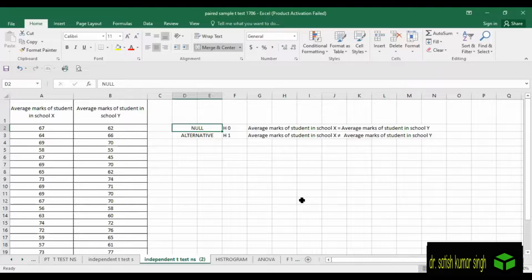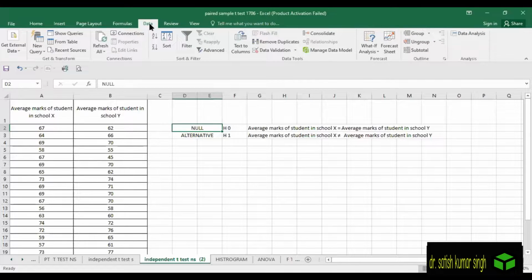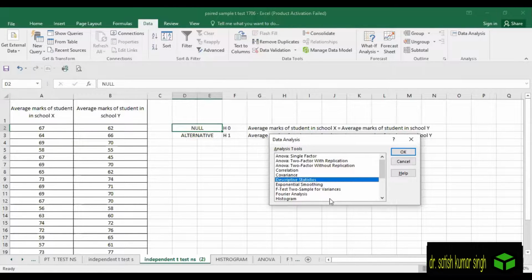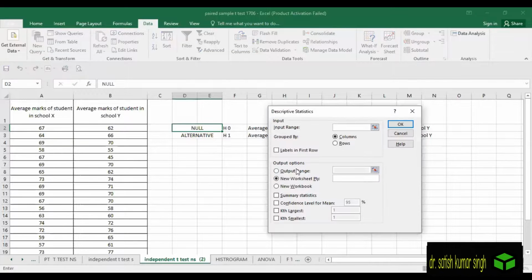So as we know how to proceed, first of all I go to the Data tab. In the Data tab we will go to Analysis. First of all we will do descriptive analysis. By default it is active here. Go to Descriptive Statistics. Okay, so I will put the input range.